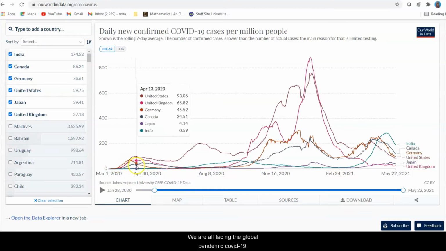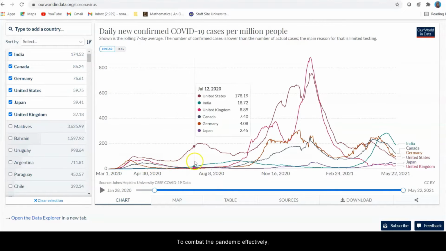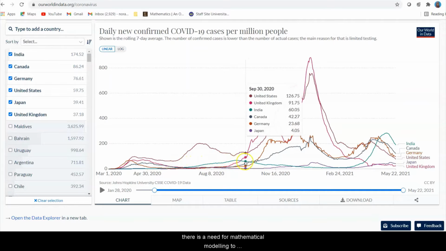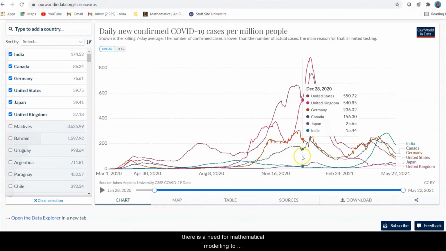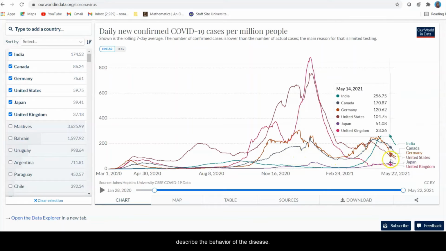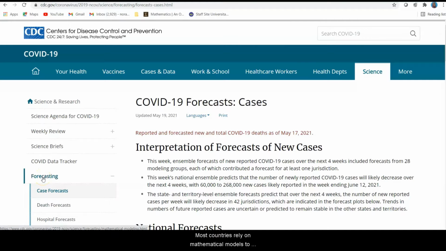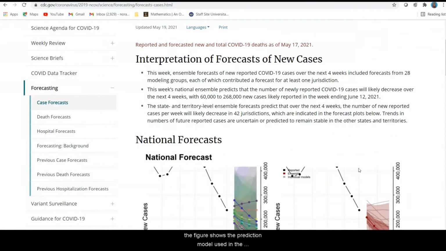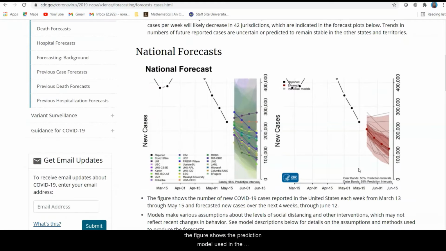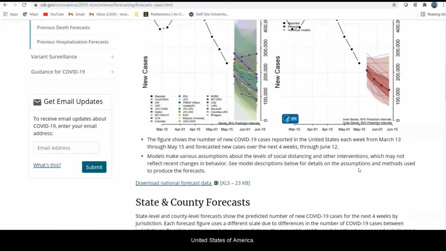We are all facing the global pandemic COVID-19. To combat the pandemic effectively, there is a need for mathematical modeling to describe the behavior of the disease. Most countries rely on mathematical models to forecast the future number of cases. For example, the figure shows the prediction model used in the United States of America,